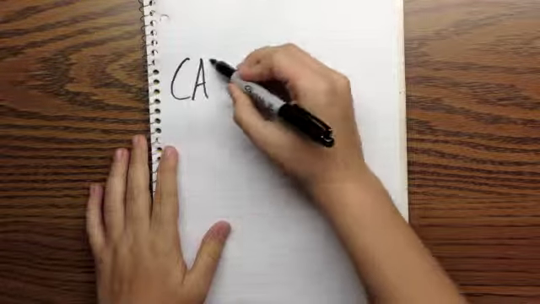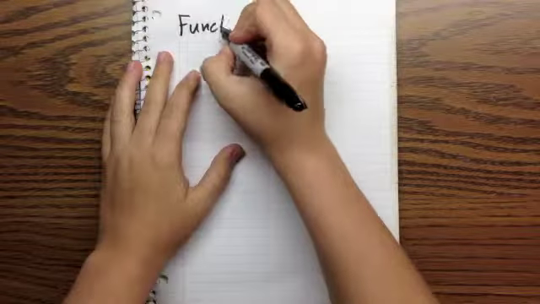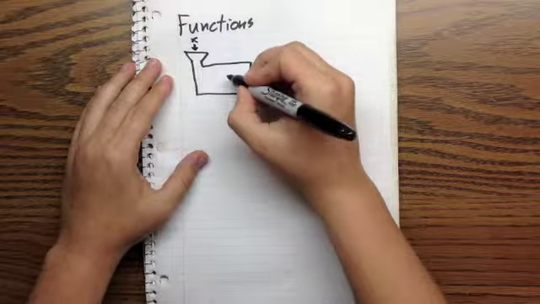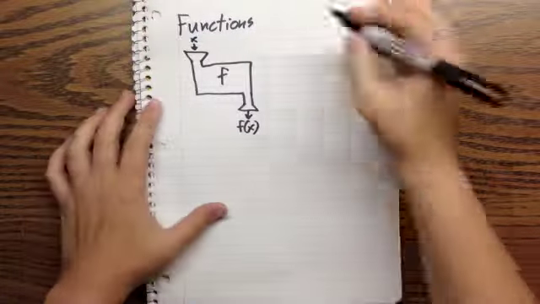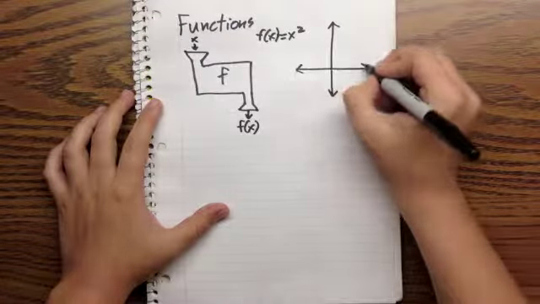And now for a quick review of the basics of pre-calculus and trigonometry. First, functions. A function acts like a little machine that takes exactly one x and converts it into exactly one y, or f of x. So if the function f of x is equal to x squared, an x of 2 would become 4,